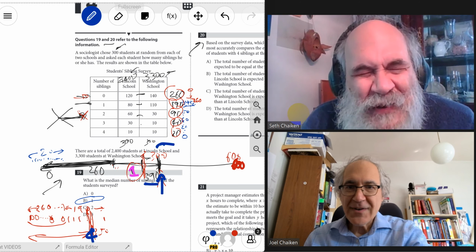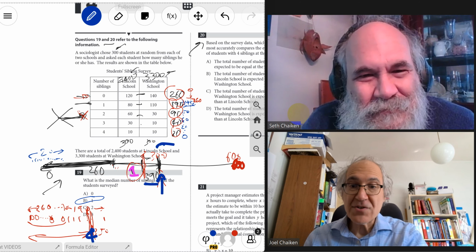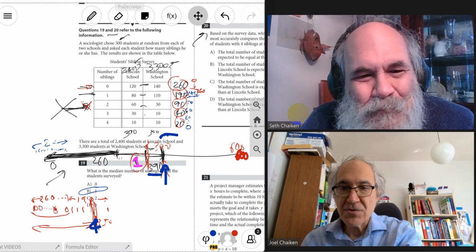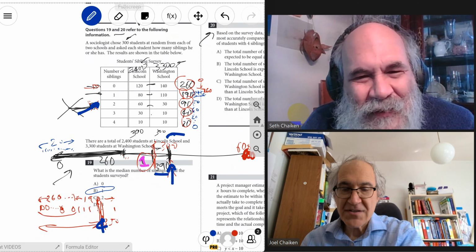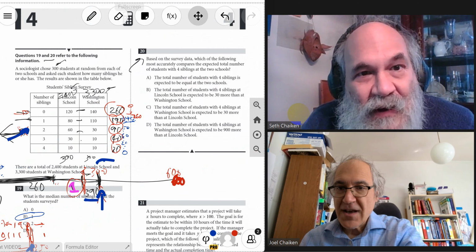Okay, good, so we got enough of that. You have to know what the median is, the middle number. Whenever you see a table question, you do not answer it in 2 seconds. If you answer in 2 seconds, you're probably wrong, because the answer is not the obvious 2. I can't tell you how many people are going to say 2. Be careful, but learn from your mistakes. Okay, right. Number 20.